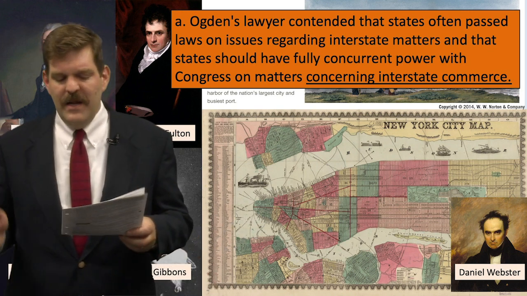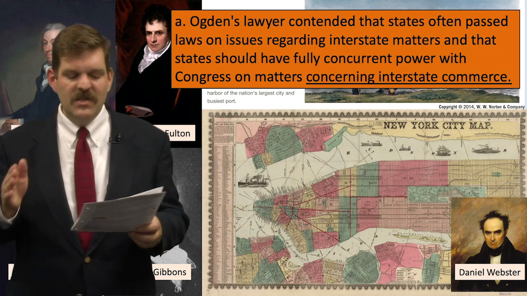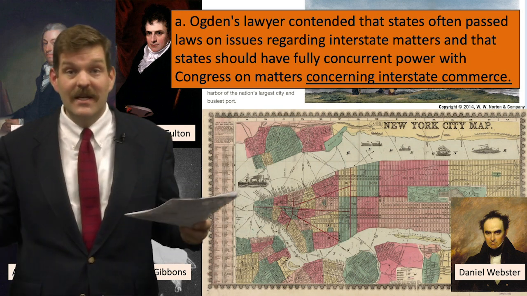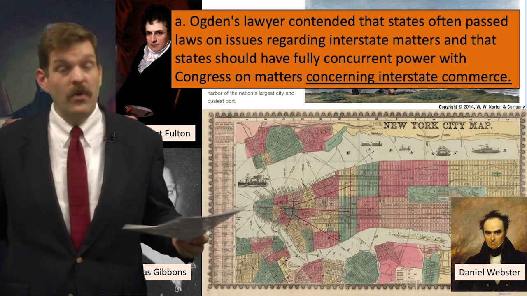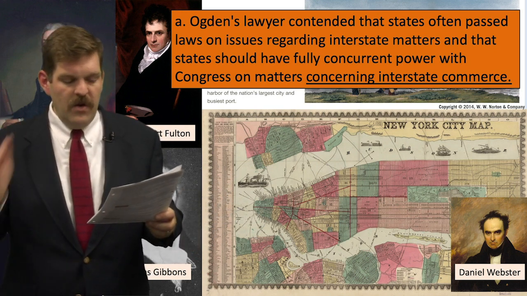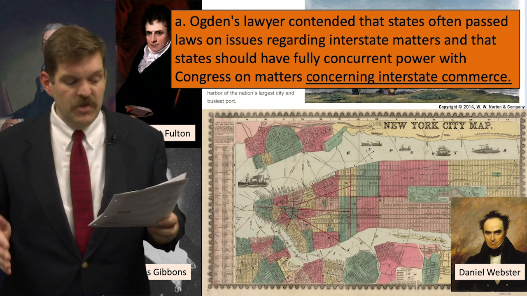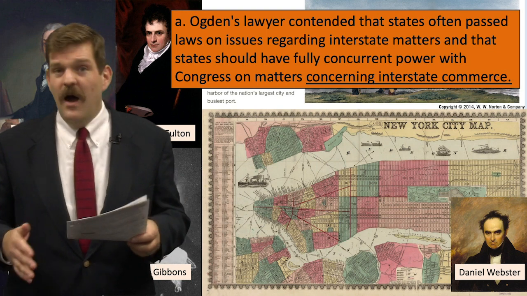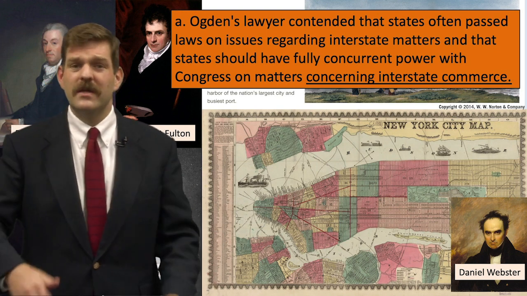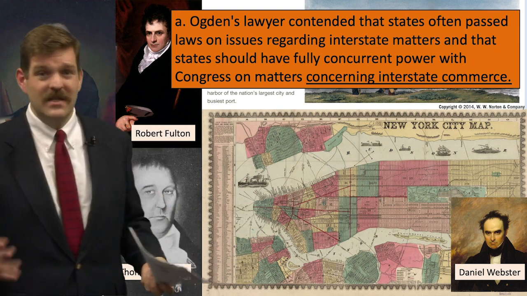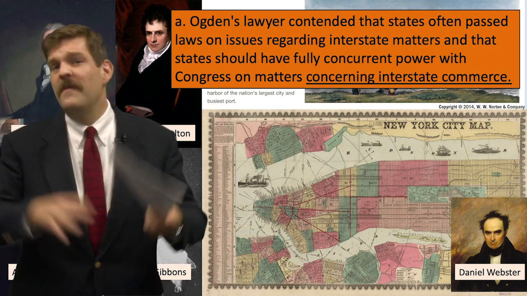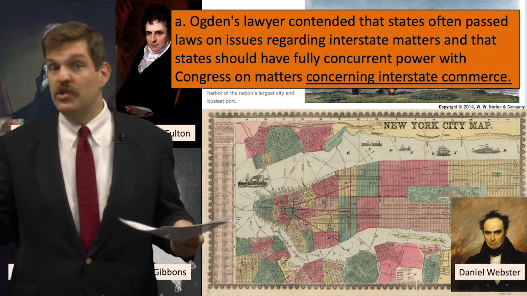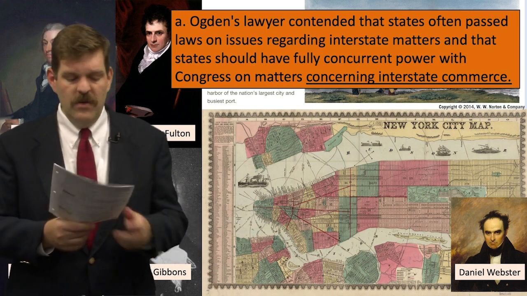Gibbons' lawyer was a guy named Daniel Webster, and he argued that Congress had the exclusive national power over interstate commerce. If that river's going between two states, that's interstate commerce, and that's not something that New York or New Jersey can go license. According to Article 1, Section 8, Clause 3 of the Constitution, and to argue otherwise would result in some confusing and contradictory local jurisdictional policies. If New York is licensing their river and New Jersey is licensing the river, who's actually in charge of that river? Daniel Webster was arguing that that was superseded by the federal government and that Gibbons should get that and Ogden's exclusive rights don't apply.